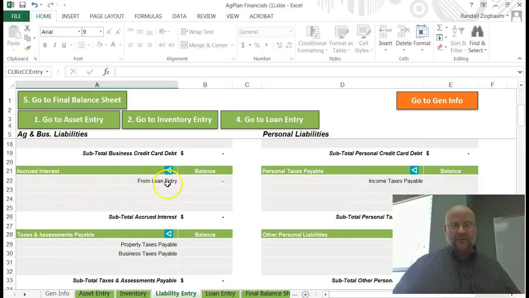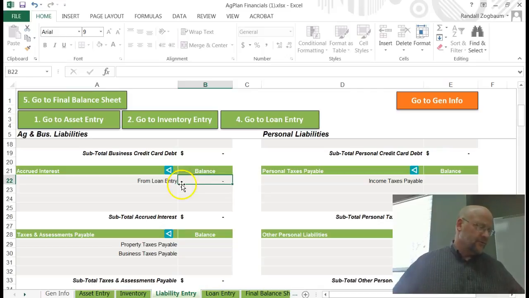So in this one, we're looking at accrued interest for the loans that we have. So farm loan 1 was